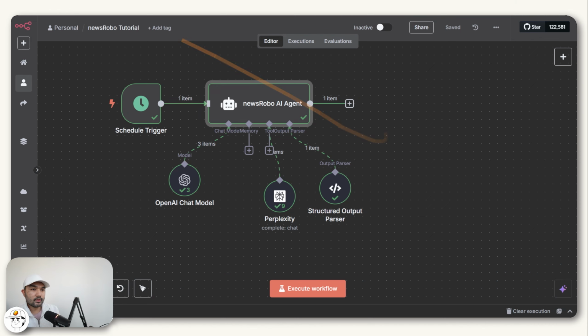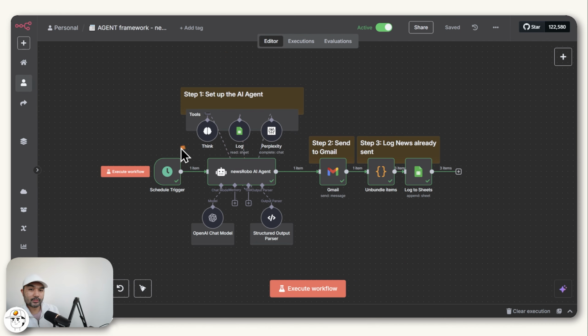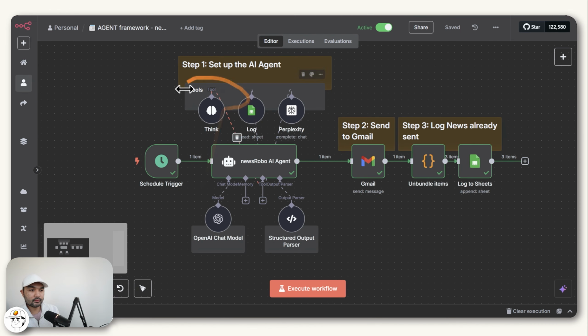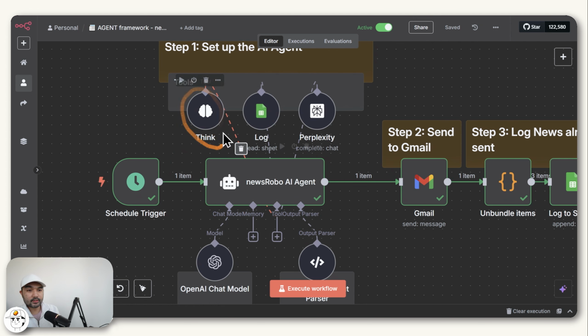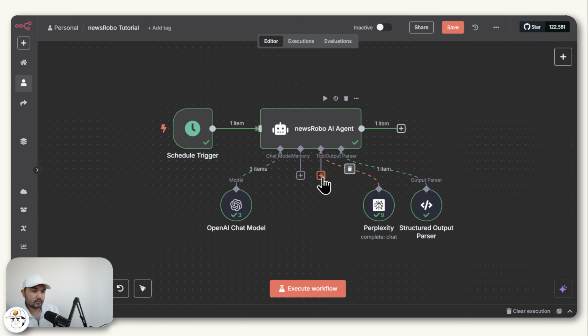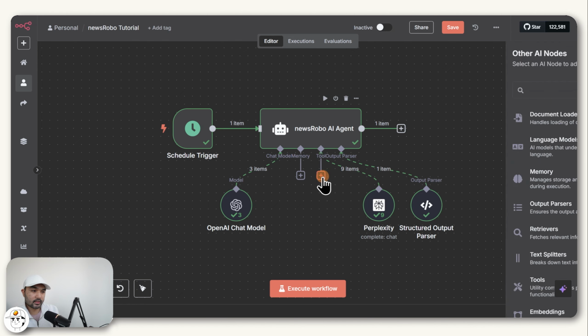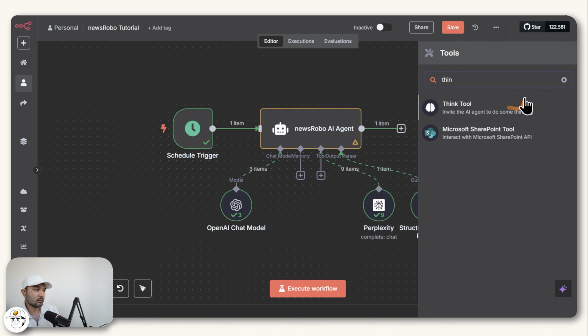But before we do that, if you recall in our final agent that we showed earlier, we have two more tools here. One is this Think tool as well as a Google Sheets tool. So what are those and why do we need them? So the first one is the Think tool. So if we just click on tool here and type in Think, this is actually one of the best tools that n8n has out of the box, because what it will do is invite your AI agent to do some